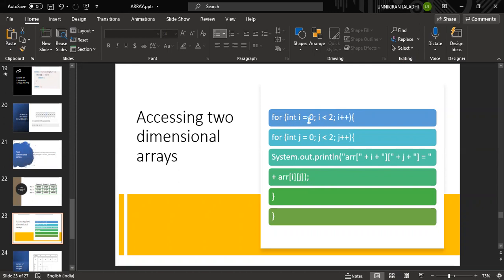Next, how to print that one? Just declare an integer index starting at 0, and the condition is length, less than 2. So 0, 1. So two we are going to access, and next 0 and 1. These two things we are going to access. So how is it going to happen? Let me print that one. I will take an example. So next question.